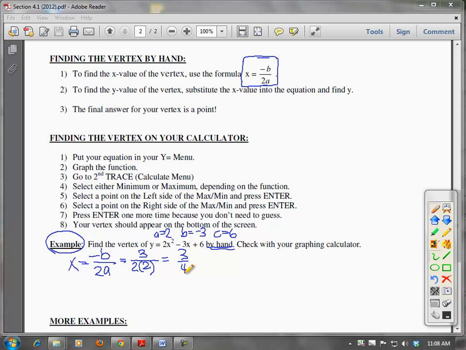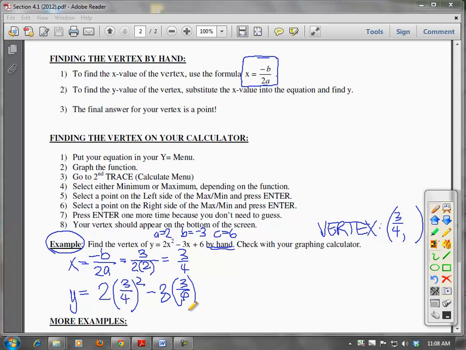Now this is not going to be pretty numbers, but that's okay. So I'm going to just go right here a second because I think I'm going to need the room, and I'm going to say the vertex is the point 3/4 something, and I don't know what that y value is yet. But to find the y value, I take this 3/4 and I plug it into my equation. So 3/4 squared minus 3 times 3/4, that's supposed to be a 4,